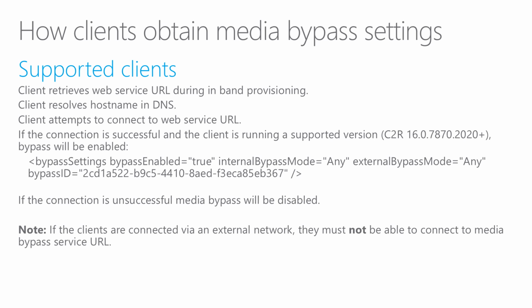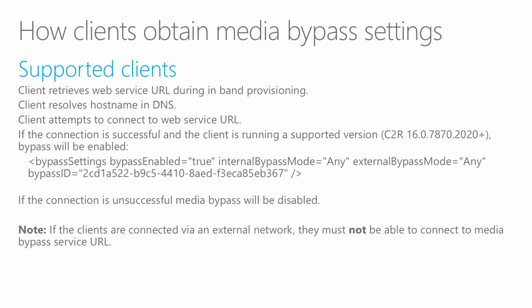How do clients obtain media bypass settings? Well, let's take a look at supported clients. When a supported Skype for Business client signs in, it retrieves the web service URL during in-band provisioning. This is the web service URL you defined in your Office 365 tenant. Then the client resolves the host name in DNS for that URL. Then the client will attempt to connect to the web service URL at the IP address of the mediation server